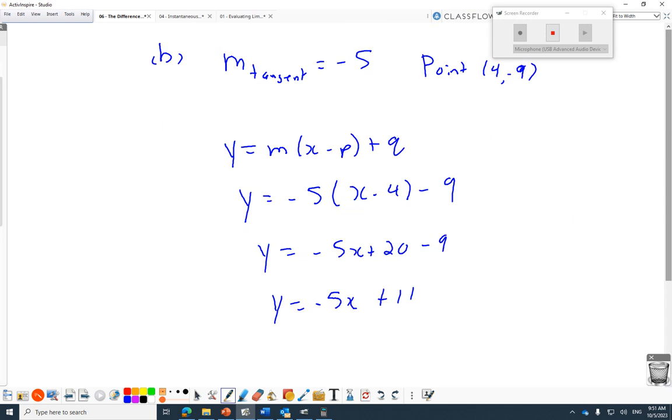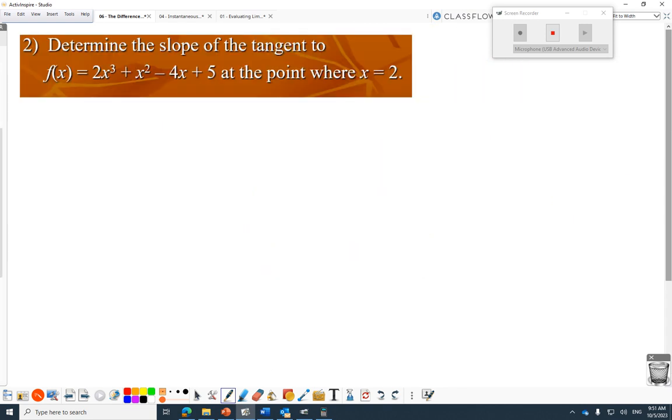Can we do another one? Yeah, sure. Let's do it. Let's do something with cubes, though. As long as we're practicing our algebra, why don't we practice our cube algebra? A little faster this time. Find the slope of the tangent. As soon as it says that, you don't even read the rest of the question. You go, m tangent